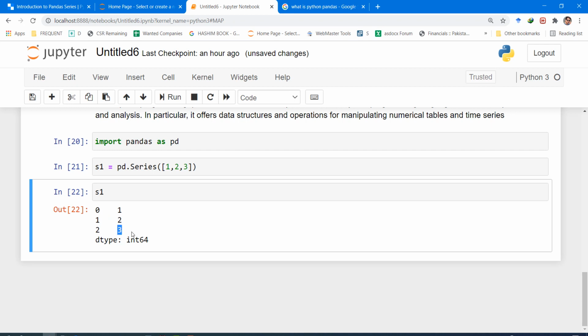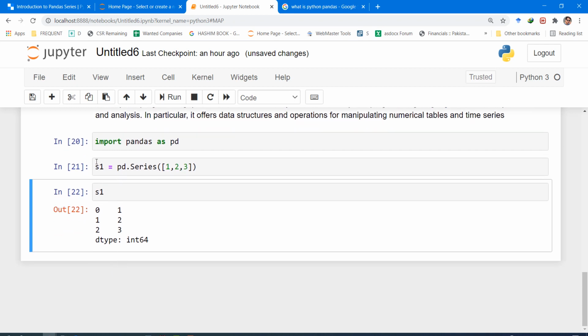The third element is located at index 2, and the data type of this specific series is int64. So all the values are integers, and they have 64 bits.